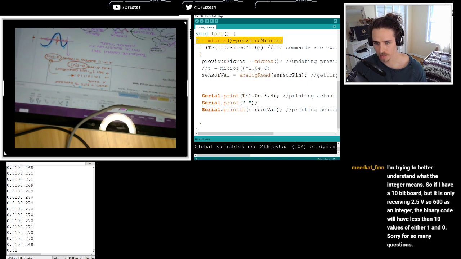I'm trying to better understand what the integer means. So if I have a 10-bit board, but it is only receiving 2.5 volts, so has 600 as an integer, the binary code will have less than 10 values of either 1 or 0. Sorry for so many questions. No, I wouldn't say that. No, because every integer